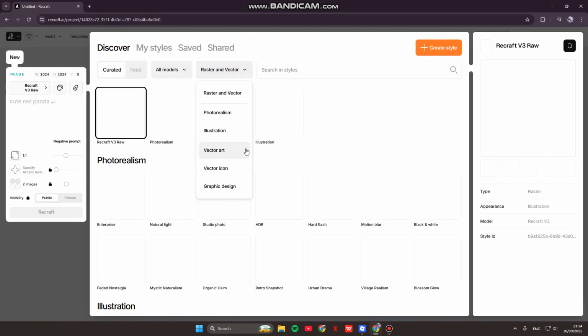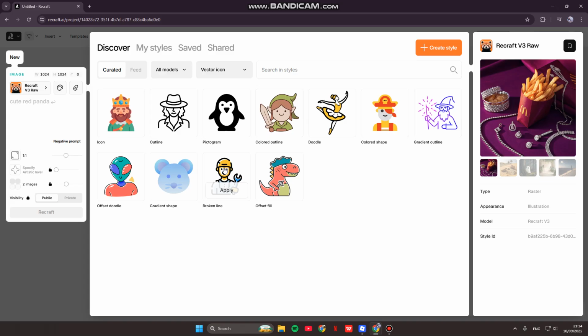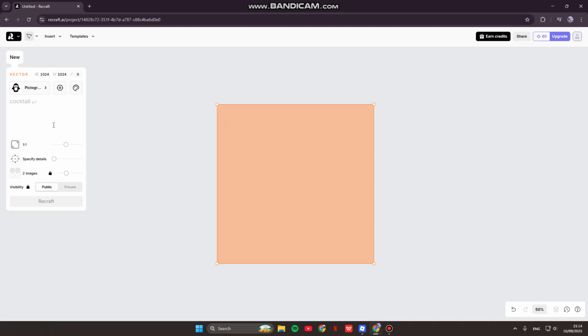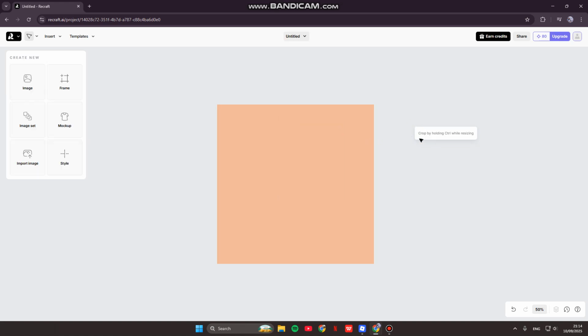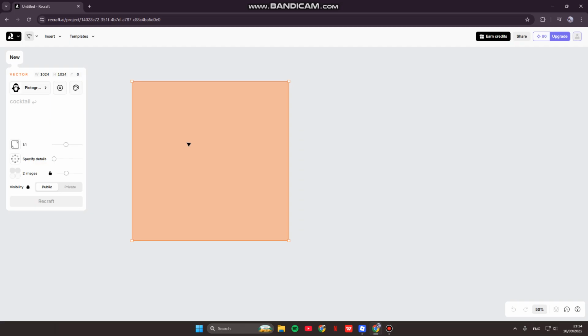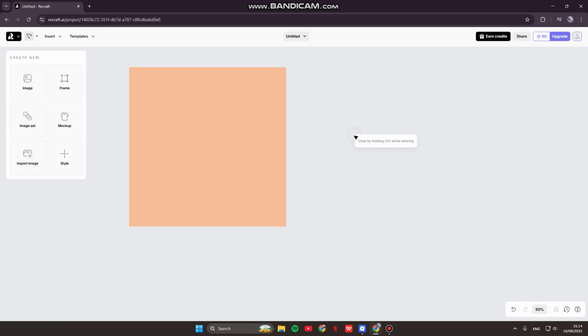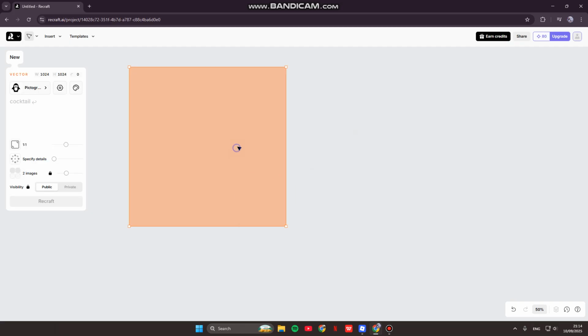now choose the vector icon options, and here you guys can see there are lots of vector icon types that you can choose. So for example, I'm going to go with the pictogram style. You can click on apply, and then here you can copy and paste it. You can also readjust the position like this. You can paste in here,